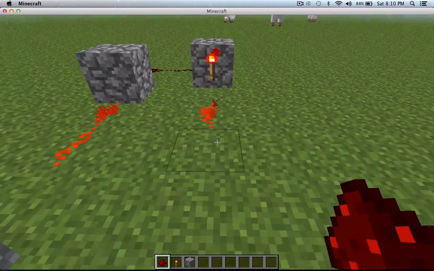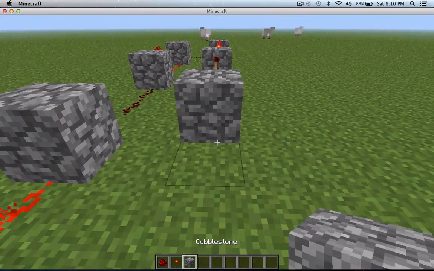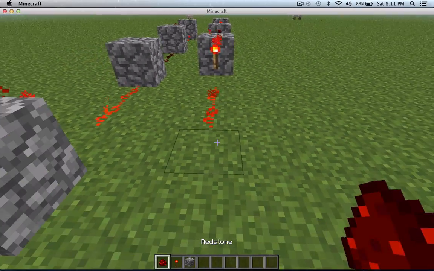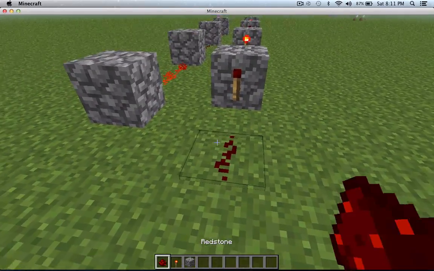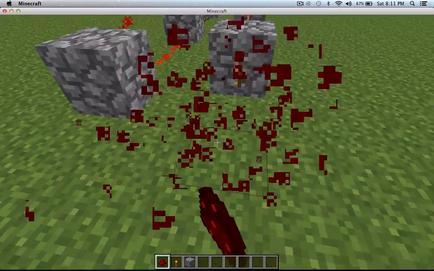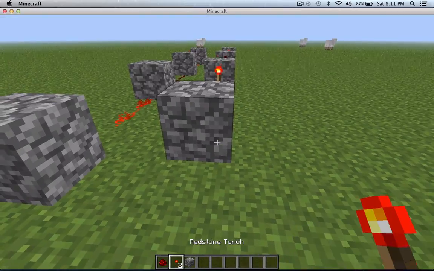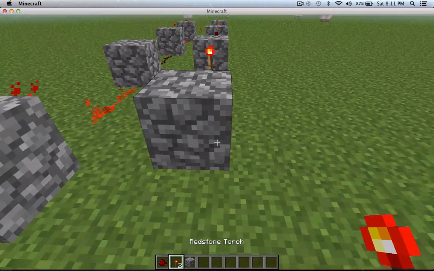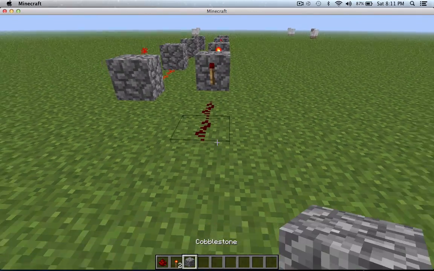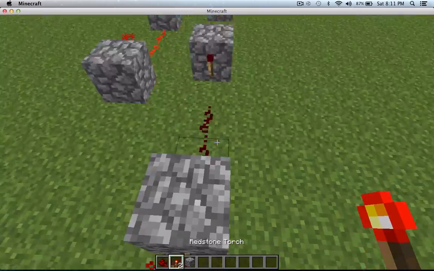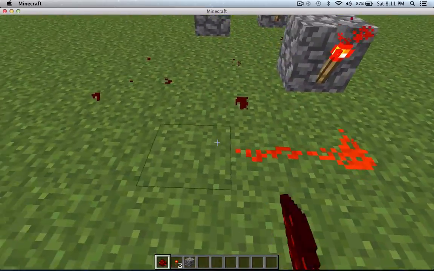So then you place redstone, redstone, cobblestone, torch, redstone, redstone, cobblestone, torch, redstone, redstone, cobblestone, torch, redstone, redstone, no, it needs to be redstone, cobblestone, torch, redstone, redstone, cobblestone, torch. The last one needs to be turned on. Then you connect it.